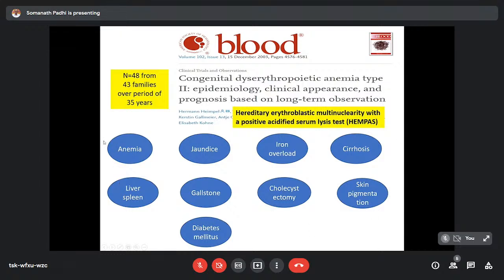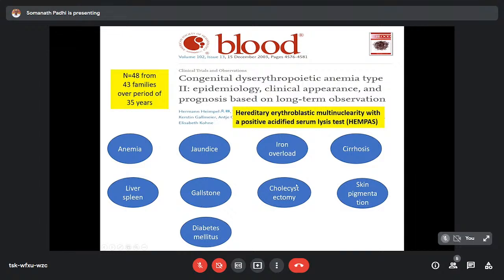were anemia, which was of moderate degree, ranging again from 9 to 11 gram per deciliter. There was presence of jaundice, mild unconjugated hyperbilirubinemia. More than 70% of their patients had a palpable spleen and liver. Many had gallstones that developed, and a very significant subset of the patients underwent cholecystectomy before the age of